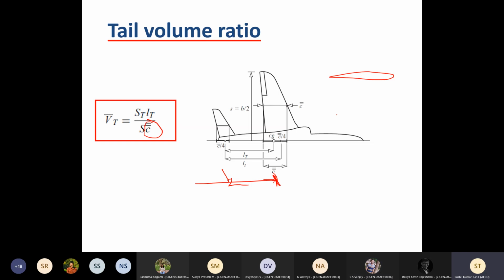But if you look at the plan view, if this is the fuselage, the tail plane can be something like this, isn't it? So how do you find out the C double bar? You can use MATLAB or whatever you want to do, okay? But do it logically. It's not addressed to just Sanjay, it's for everyone.